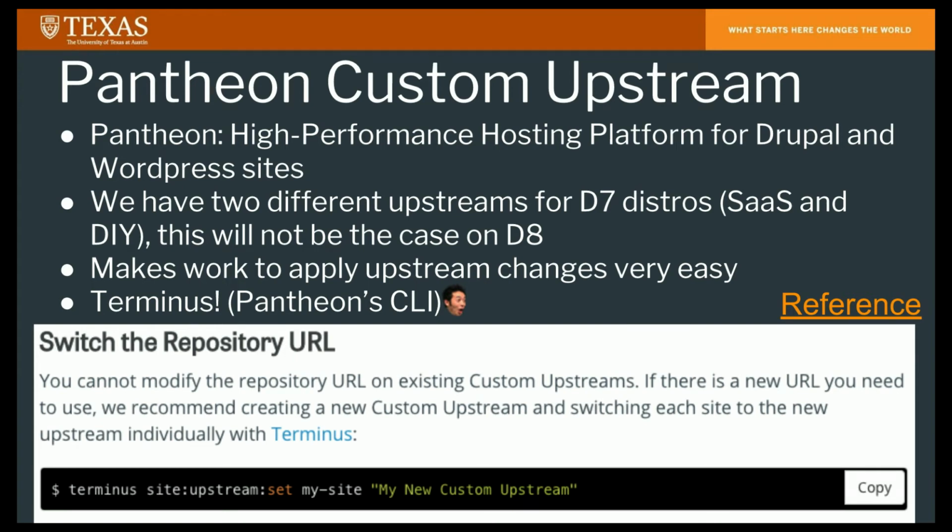Now moving to Pantheon custom upstreams. Pantheon, for anybody that doesn't know, is a high-performance hosting platform used for Drupal and WordPress websites. And we currently have, as I mentioned before, 2 different upstreams for Drupal 7. One is kind of like a software as a service, and the other is a do-it-yourself one. And this is not going to be the case on Drupal 8. So we currently have those 2 as upstreams